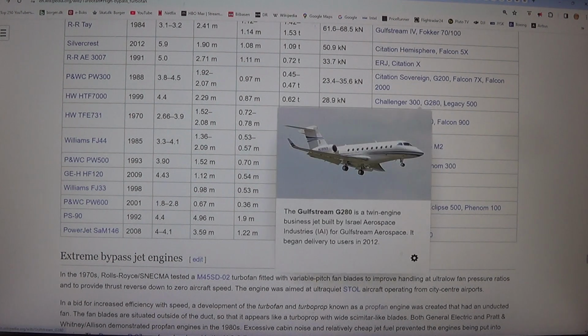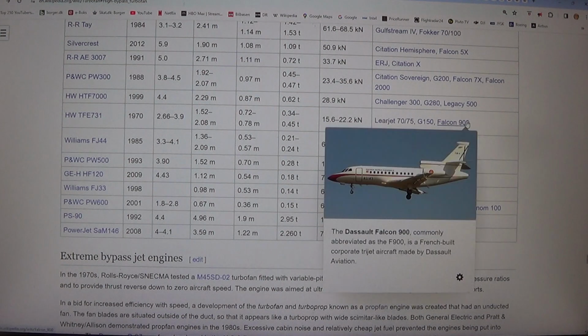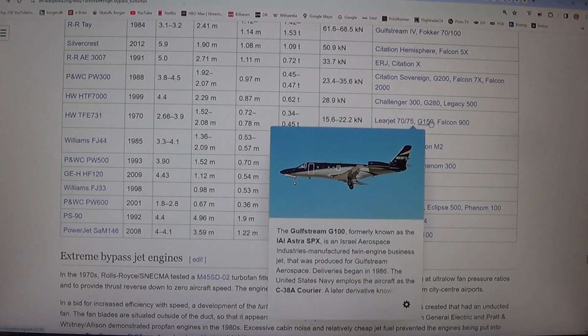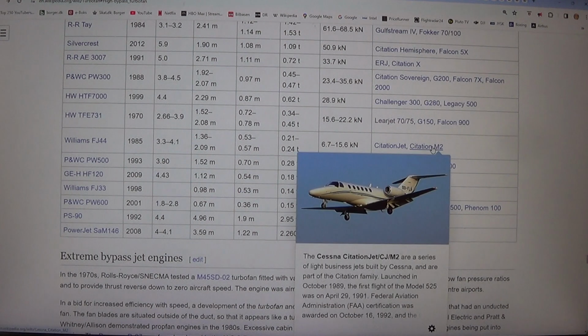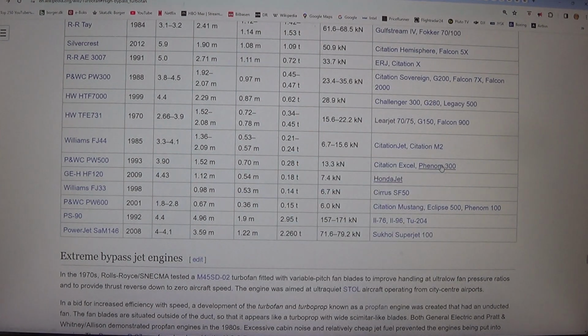HWTFE 7311972.67.3.9.52.0.78M0.74.0.45T15.622.2KN Learjet 70/75 G150 Vulcan 900 Williams FJ 44 1985 3.34.11.36 2.09 M0.53 0.57 M0.21 0.24 T6